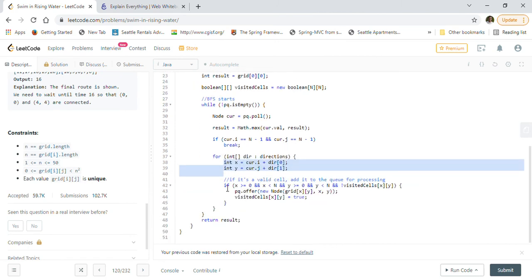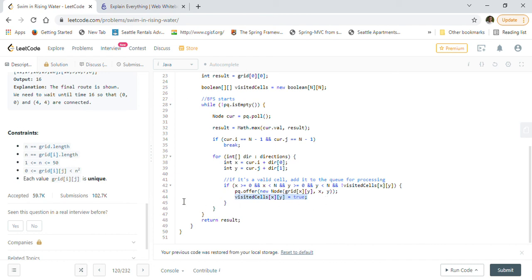And we first want to check that we are not going out of the boundary, like it should be a valid cell, right? So for example, x is greater than or equal to 0, x is less than n, y is greater than or equal to 0 and y is less than n. Then only it is a valid cell, because otherwise the cell can go outside of the boundary of the matrix, right? So we have to check this. And the cell is not already visited, right? If that is the case, then we will offer that new cell, new coordinates and new value to the priority queue here, and we will just mark that cell as visited.